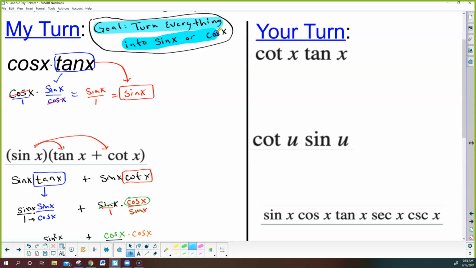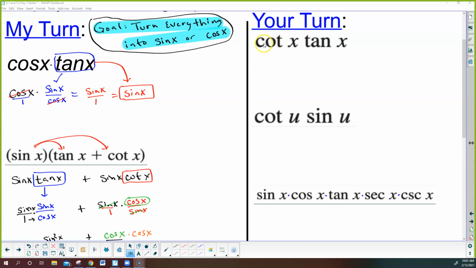Okay, so why don't you try those? I'm going to give you, let's say, about 4 minutes on this. So notice we've got cotangent and tangent. Now, if you notice one thing right away, if you understand that these are reciprocals, they will undo each other, you automatically know what your answer is. Right? Your answer is 1. However, if you don't know that,